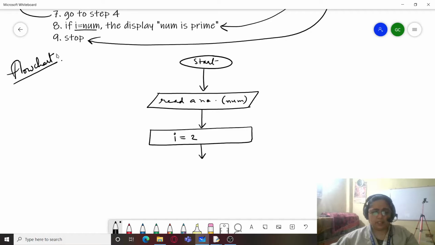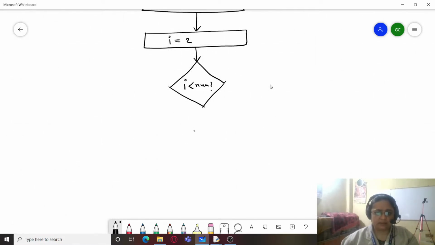Then we will be checking I less than num. If I is less than num, then we will be moving towards yes, and we would be checking another condition: num, is it divisible by I?